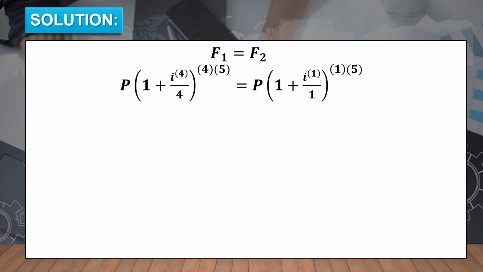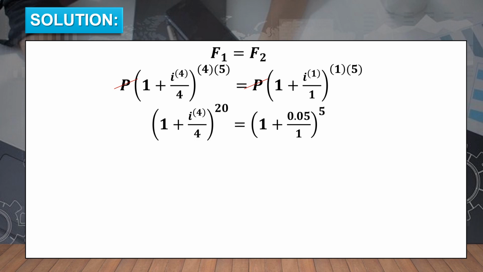Since the offer of Mr. Cruz is a general annuity, we first solve for J, the interest rate per period. Using the formula F1 is equal to F2, so equating the future value with the payment interval of quarterly and the future value of the compounding period annually. Okay, so cancel P. So what is left is 1 plus I, which is compounded quarterly, over the compounding period